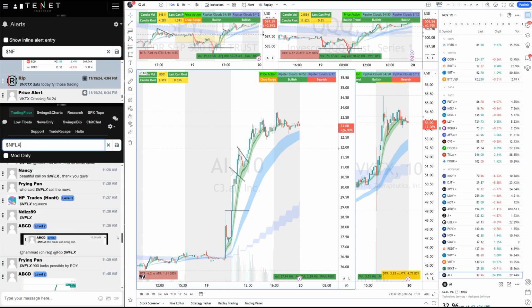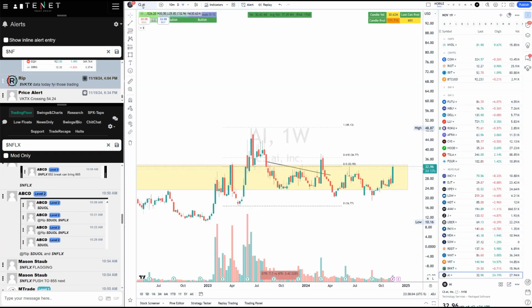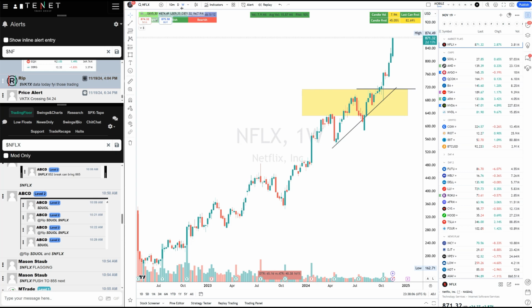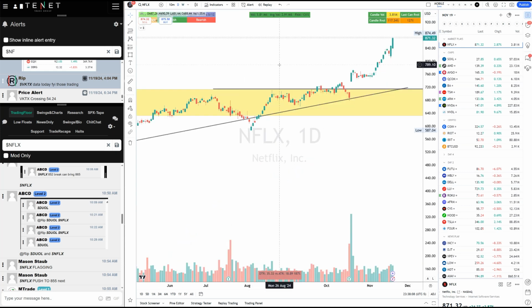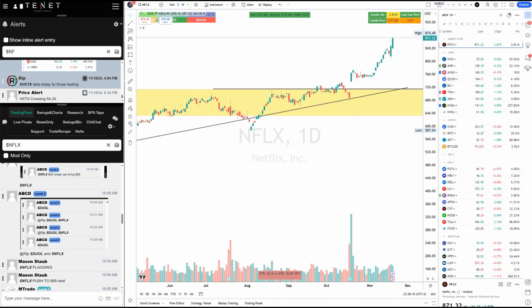ABCD also was on top of it, and the reason being, Netflix was an all-time high breakout, right? So it was an all-time high breakout, and sometimes with the news, like we heard about the Tyson fight, you see the effects after a day or two, and that definitely was bullish. And you have to understand that QQQ was also bullish, right? There's a big engulfing green candle.